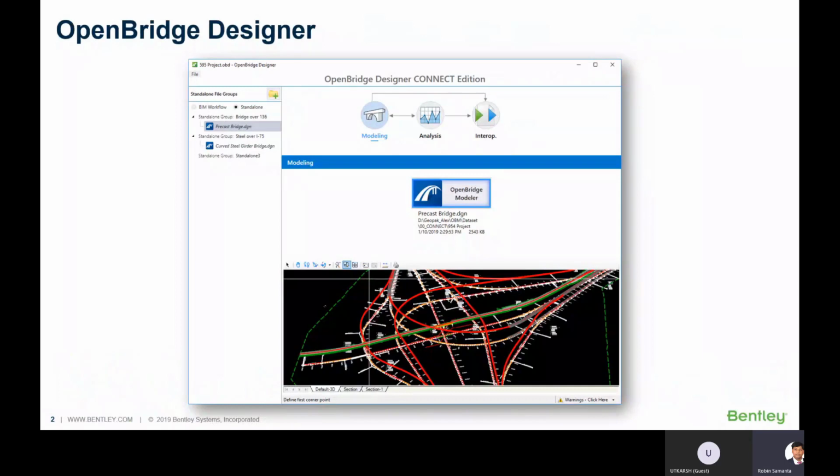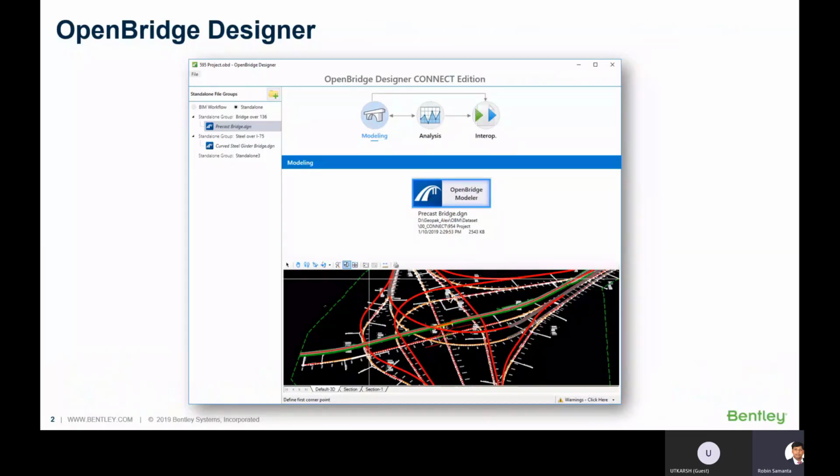So that's why our main motto is to achieve the BIM workflow. If there is an implementation of BIM technology in your infrastructure project, you can really use OpenBridge Designer on that, and your bridge workflow will be completely contributed to that BIM workflow, right? So that is the idea.